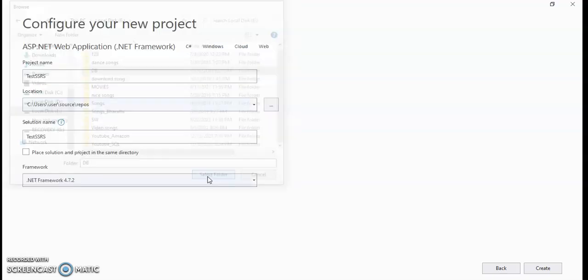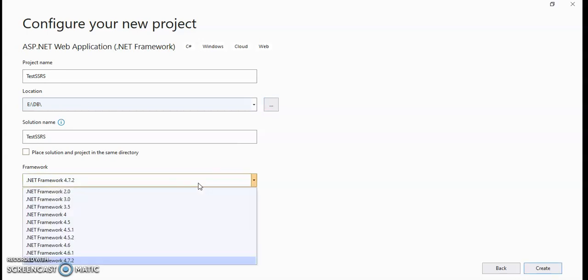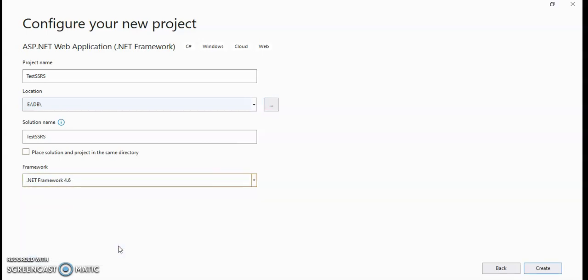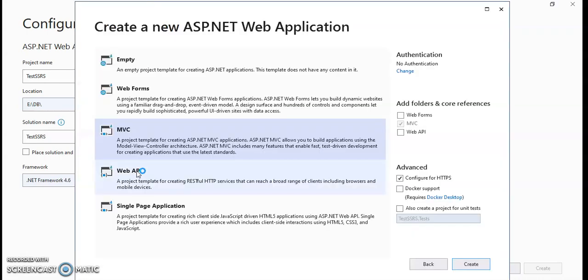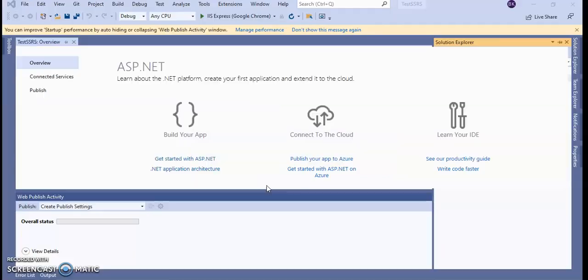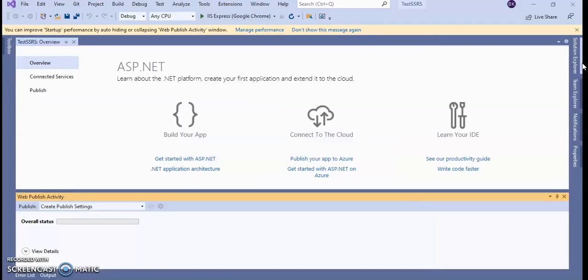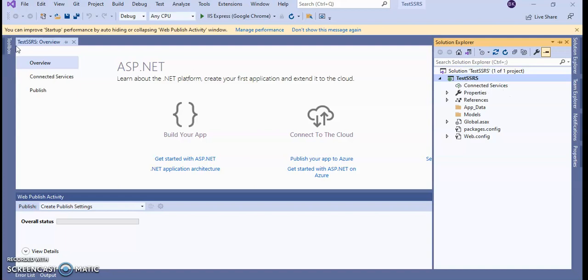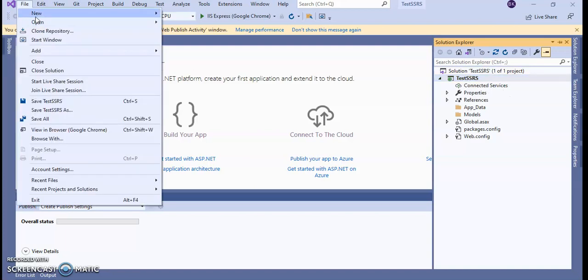See, I have the DB folder, so let's create that. I'll use .NET Framework 4.6 and create a new solution, go with the empty. It's creating a new project. I'm sorry, web application I've created. So let me create the SSRS report.